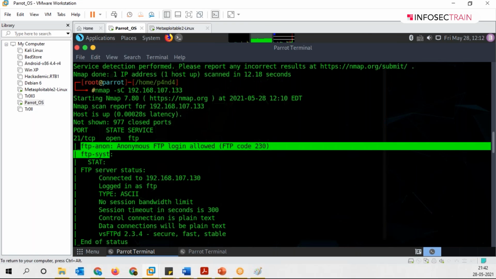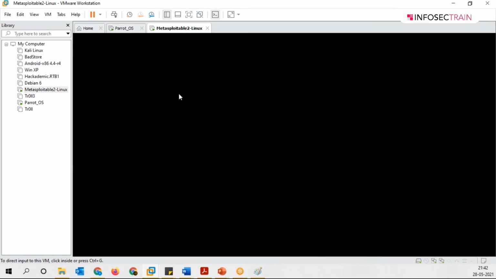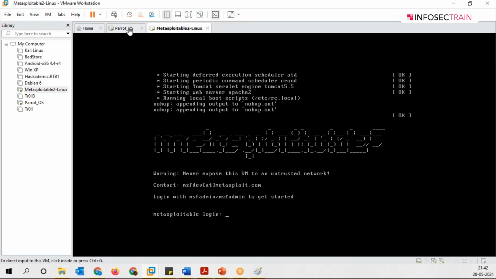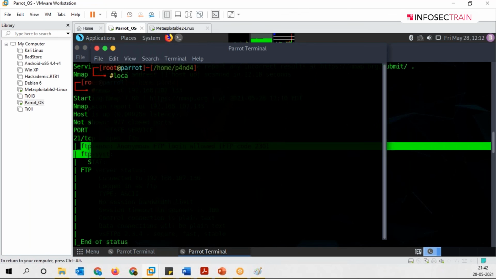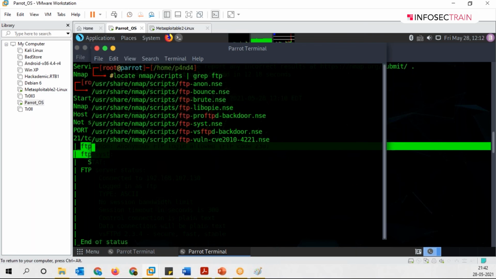Even if I open the terminal, grep FTP. See what I did now. I did locate nmap/scripts.